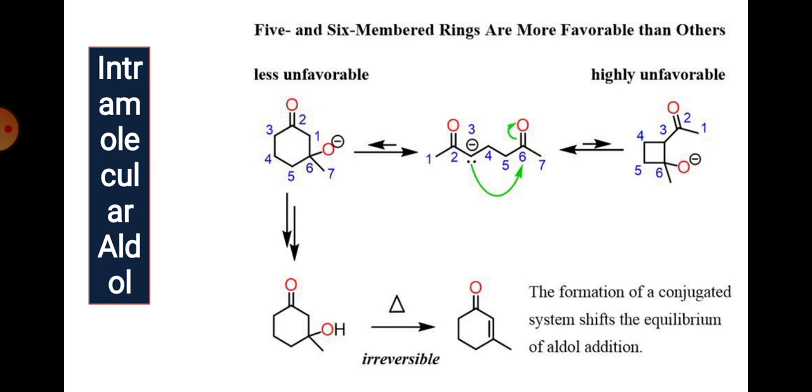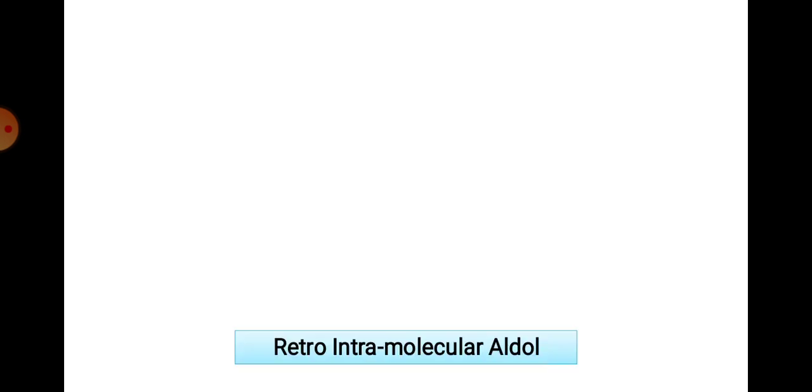Okay, so either the reaction will proceed through a 4-member ring or a 6-member ring, according to the ring formation order. 5-member rings are more stable than 6-member, then 3, then 4. That indicates that whenever a reaction forms a ring, preference is first given to the 5-member ring, second the 6-member ring, then 3, and then 4. That's why in these two reactions, one mechanism proceeds via 4-member ring formation, and one proceeds via a 6-member ring. So the 6-member ring is the major route in this reaction, rather than the 4-member ring.